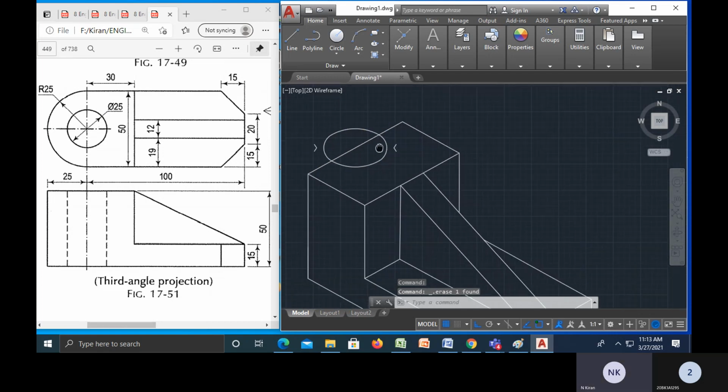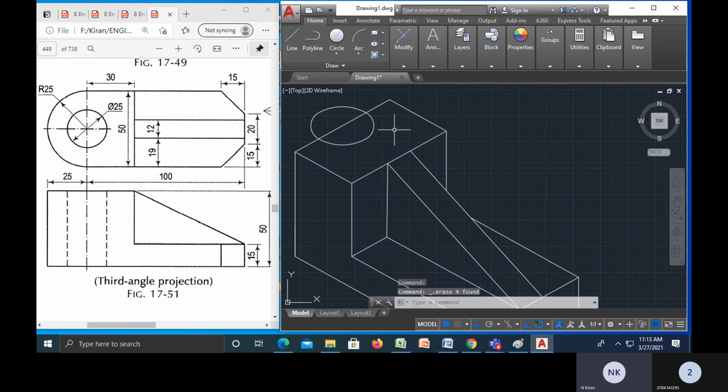Okay, right. Now I have to place this arc, half of the arc on this one.